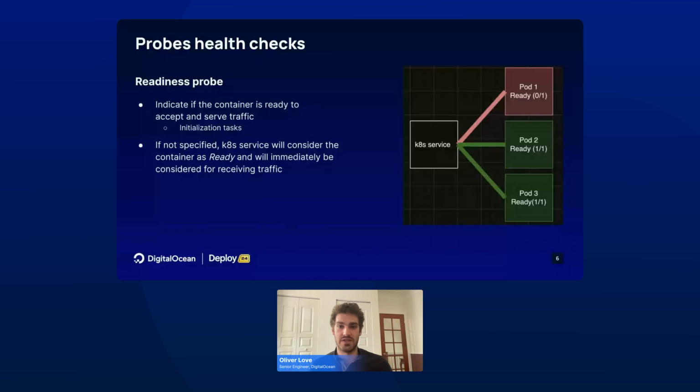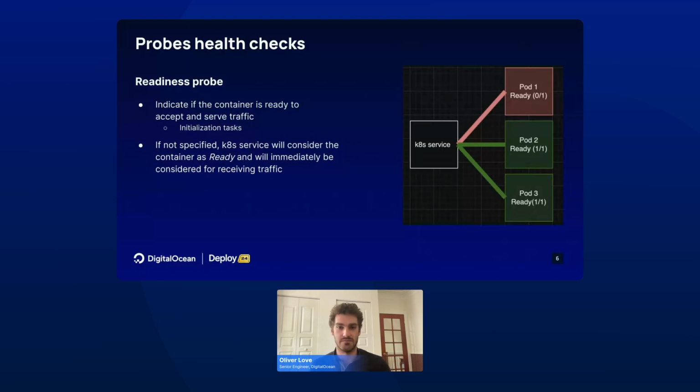Usually, applications will have some tasks to do when they initialize or during their runtime. For example, they might pull secrets from an external vault, load their cache, interact with different services, and do other tasks which should prevent them from receiving traffic. That said, we don't want to send traffic to those pods or containers until they're fully ready to accept and